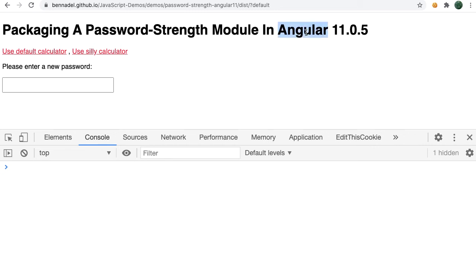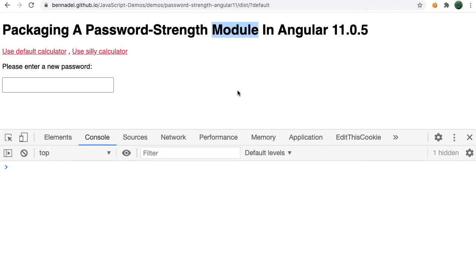So I write a lot of Angular and AngularJS code, but the truth is I don't actually have a lot of experience with modules because for the most part I just jam everything into the application module. It's a grab bag of globally unique dependency injection tokens and life just goes on. But this year I wanted to try and focus a little bit more on packaging cohesive sets of functionality, specifically